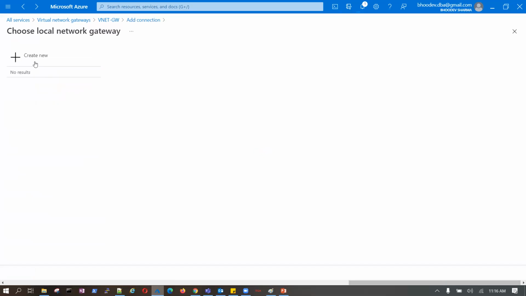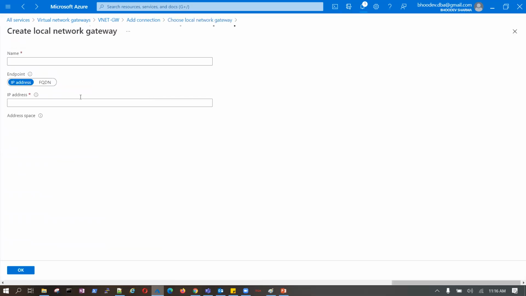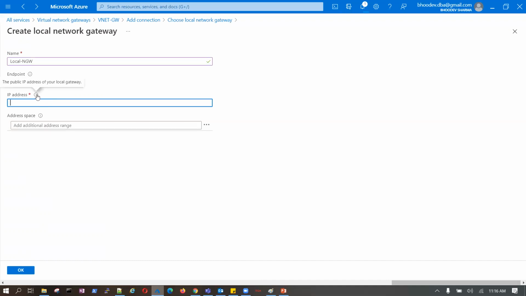If we have a local network gateway, we will use that. If not, create local NGW. Now for the IP address, assign an IP address which you wish. So I will say here PIP. Okay, so we need to create it, and then it will be available here.